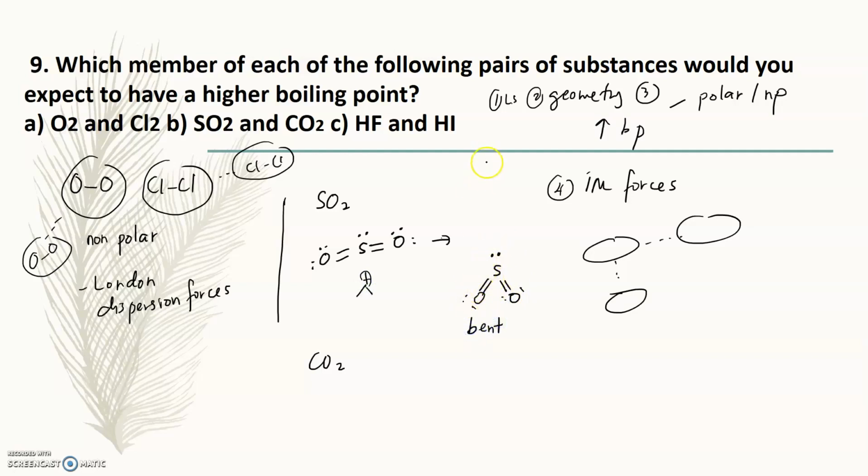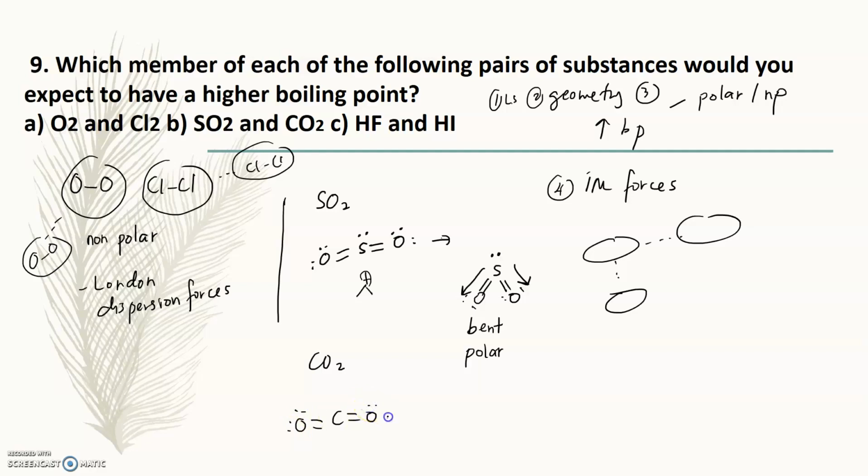So we look at whether this molecule is polar or non-polar. Oxygen attracts more electrons towards oxygen compared to sulfur. And then this molecule is polar because the dipole moments cannot cancel each other. So polar. And then for carbon dioxide,